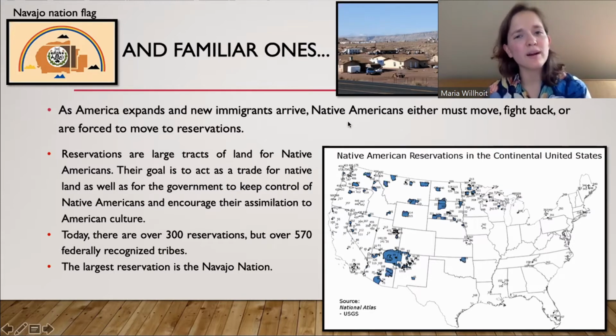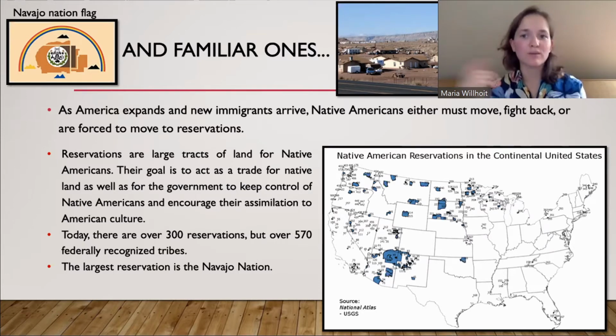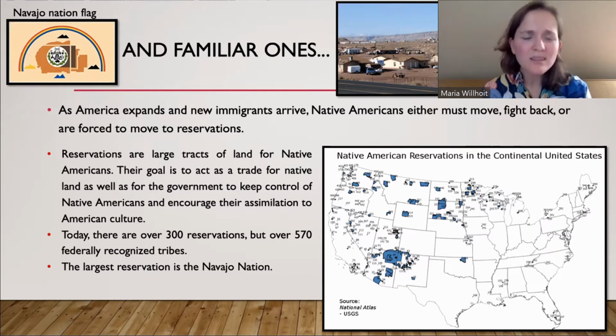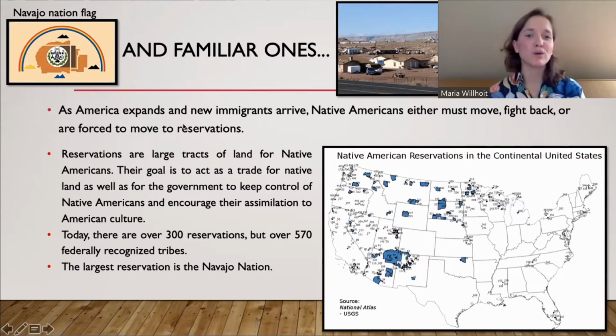And then some Native Americans make treaties or deals with the American government. But to be quite frank with you, the American government generally doesn't honor the treaties. It breaks them. It doesn't follow them. And even when it does try to follow the treaties, the actual people who want to settle in Native American lands don't care. The actual American settlers don't care about the treaties. Maybe the government does. Maybe the Native American nation does, but the people themselves don't care, the settlers. It's a big problem. And this is really starting to happen in the late 1800s, early 1900s.